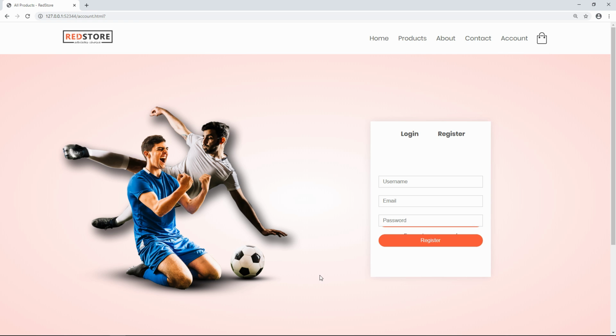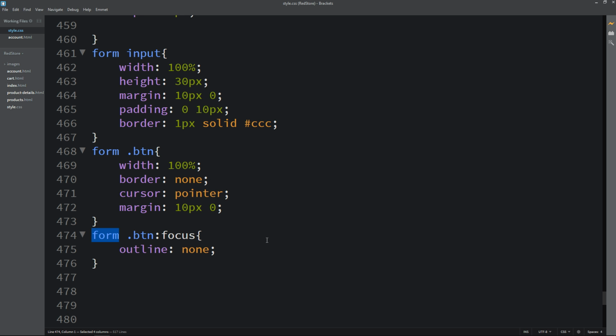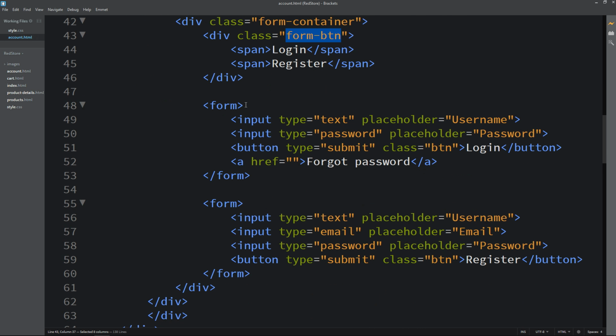Right now you can see only one form is visible, second one is hidden behind the another form. So we will change the position. So just come back in the HTML file. Here we will write one ID in the first form. So the ID I am writing login form. And for the next one, I am adding REG form, registration form. So we have added two IDs.